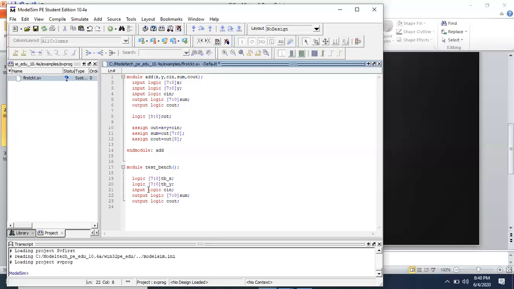Then for cin, again you can use tb underscore cin. Similarly for output logic, tb underscore sum, and cout becomes tb underscore cout. Either you can assign the same names which we have already used in the design code, which are x, y, cin, sum, cout, or you can give different variable names like tb underscore x, tb underscore y, tb underscore cin, tb underscore sum, and tb underscore cout.